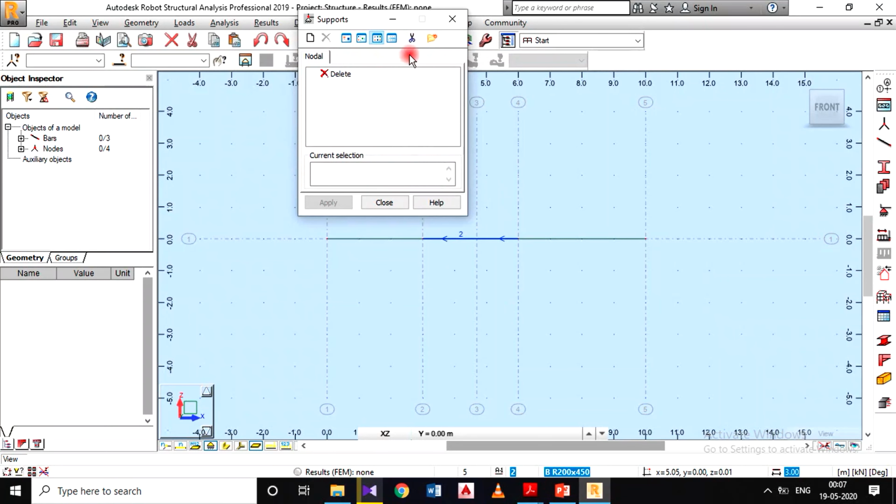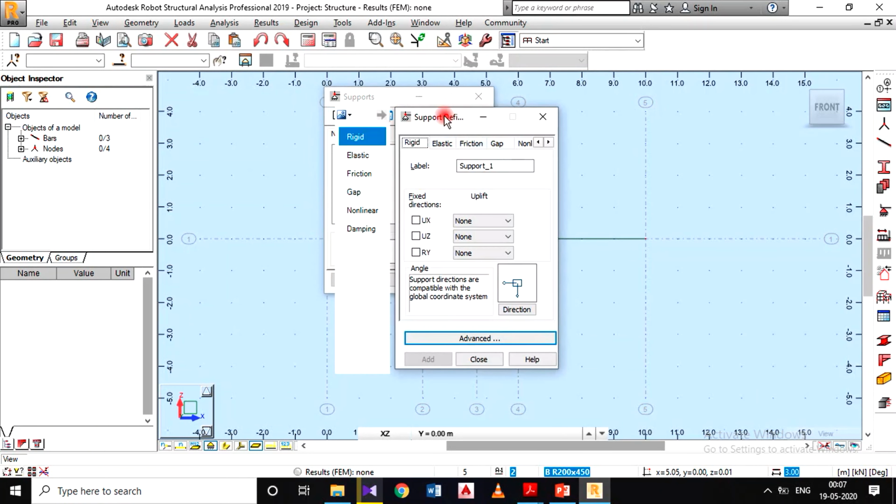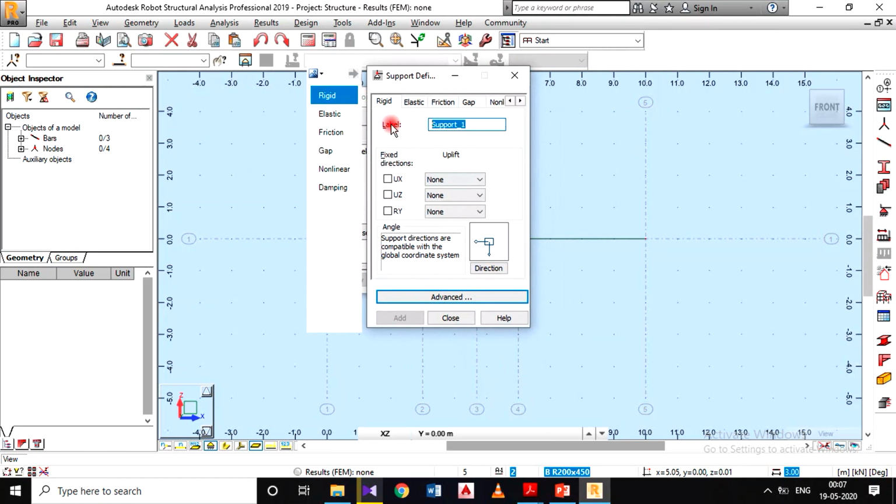I will define all these supports, and I will click on new support reactions. If I name it fixed, fixed is nothing but the reactions ux, uz, and rz. And if it is a roller support, it has only one reaction, that is uz.